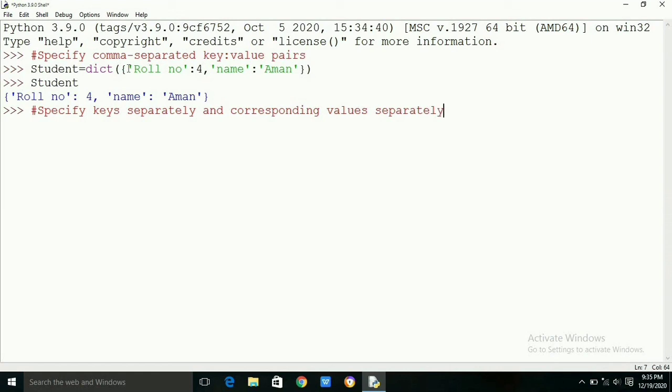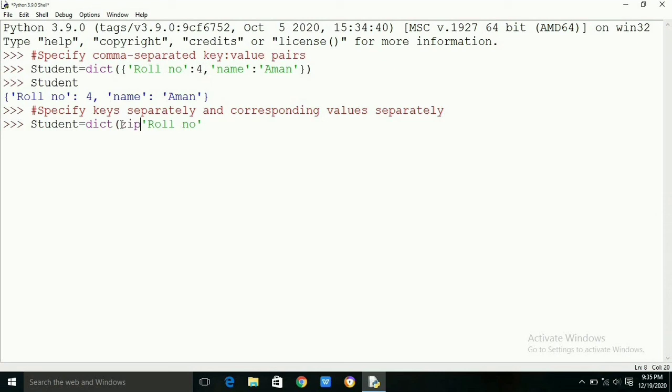We can also specify keys separately and corresponding values separately. Here all the keys are given separately, enclosed in round brackets, and all the values are given separately, enclosed in round brackets as argument to zip function.